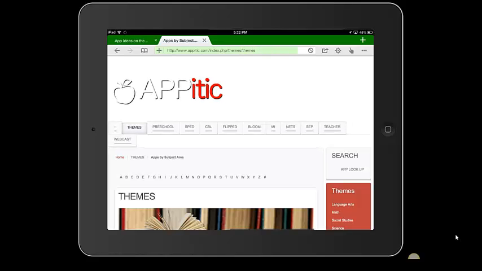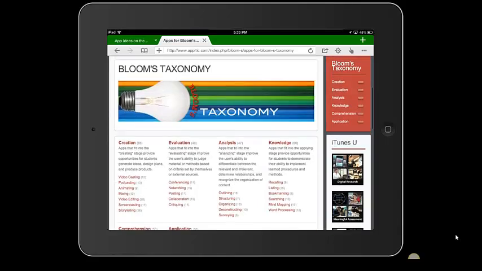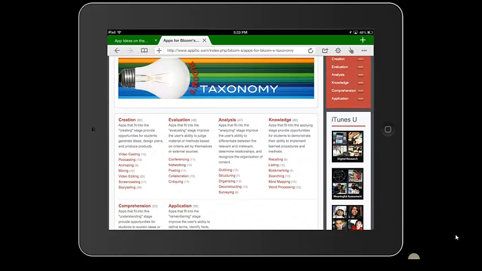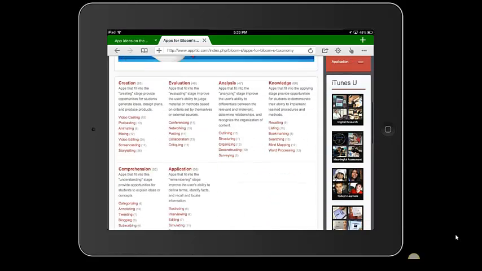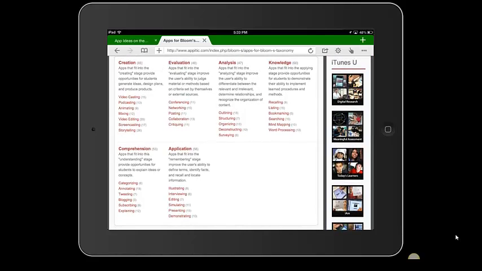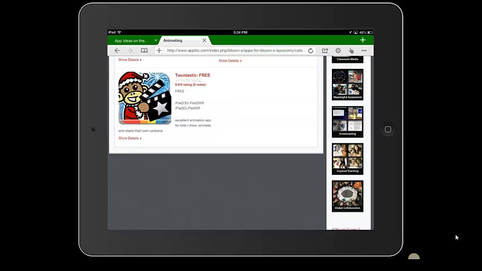It talks about the METs, the NETS, and let's look at Bloom's. Alright, so apps for Bloom's taxonomy. And here you can see categories: creation, evaluation, analysis, knowledge, comprehension, application, and then the actual categories within that. Okay, so let's look at creation. Animating. Let's look at Toontastic. I know this one is used a lot in 5th grade, and it's a pretty neat animation creation